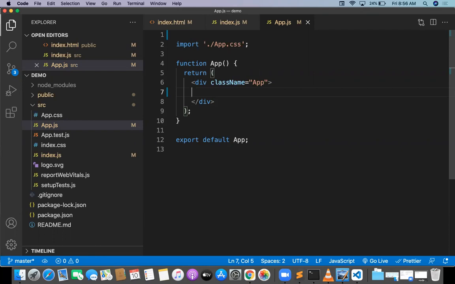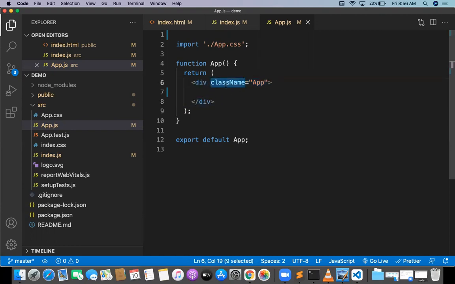And here I got a return point. What is this app going to return? App is a simple function: function app, curly braces open, curly braces close. This is the function block. Inside the function block is the return parameter. We know functions in JavaScript return an integer, a string, something like that. But here it returns HTML content, and that HTML content is a division.